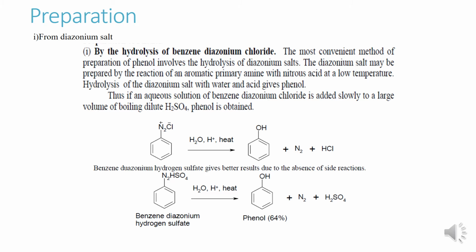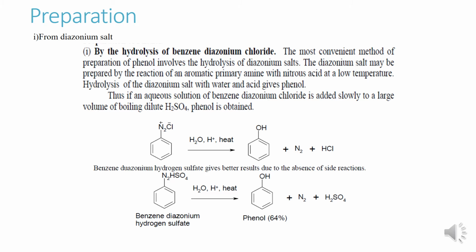Benzene diazonium hydrogen sulfate gives better results due to the absence of side reactions. So if we use benzene diazonium hydrogen sulfate, it gives better results. That is why this benzene diazonium chloride is added slowly to the large volume of boiling dilute H2SO4. So this diazonium salt on boiling with dilute H2SO4 gives benzene diazonium hydrogen sulfate, C6H5N2HSO4, which on